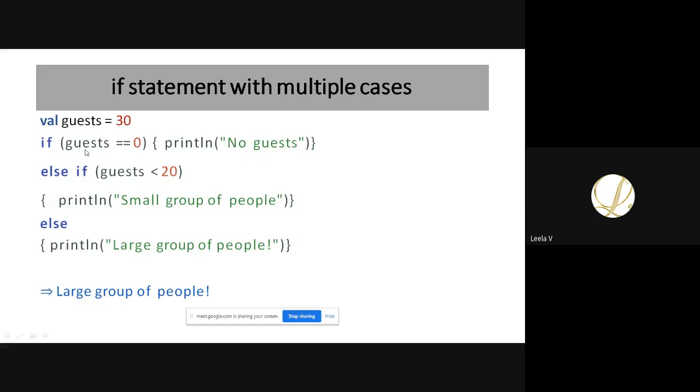If your if condition is false, it will check with your next option. So that's less than 20 means it prints a small group of people. And you can also embed some more conditions here. And finally, it ends with an else part. Here in else part, we are printing just a large group of people. In this case, both your if and else if are false, so it goes to else. So it prints large group of people.